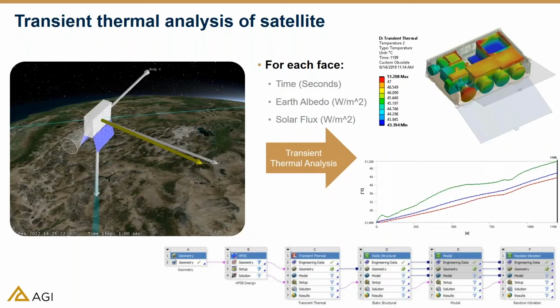Next slide, please. Thanks. The thermal analysis of the CubeSat is performed in the ANSYS Mechanical transient thermal solver. When the CubeSat is in orbit, it's constantly exposed to solar heat flux and the Earth's albedo, and will also radiate heat into space. ANSYS Mechanical will take the heat flux time history of the CubeSat, calculated by AGI STK, and calculate the thermal